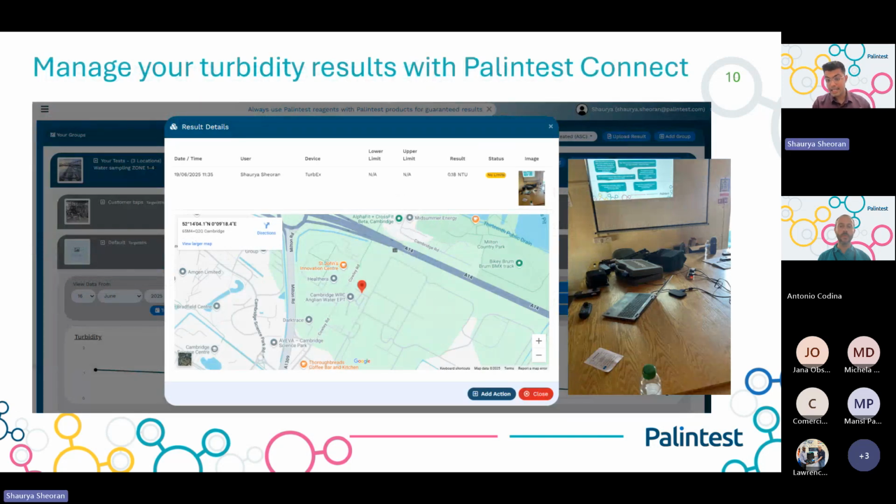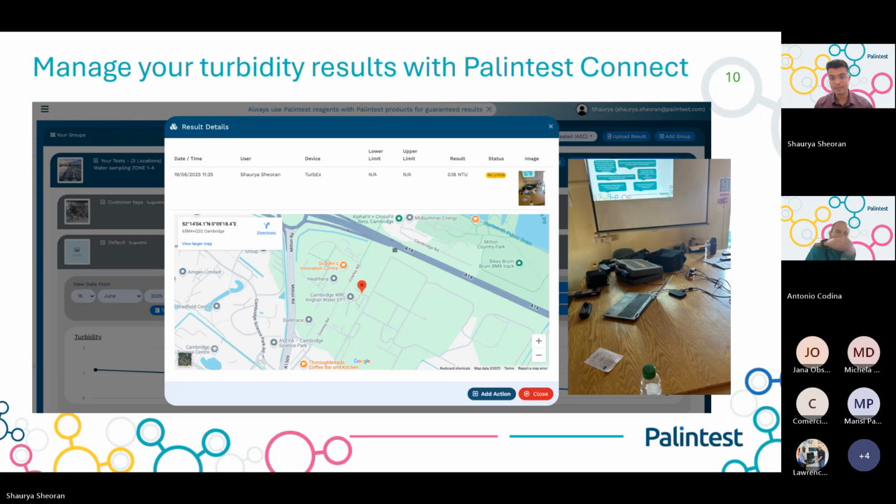So we covered the challenges that customers normally face in turbidity testing, and then we discussed the features and benefits of the instrument, some of the advancements we have made. I wanted to introduce you to a new feature that will be live in the coming months, later at the end of the year, which will be the geotagging of your results, which means you can add GPS coordinates to your